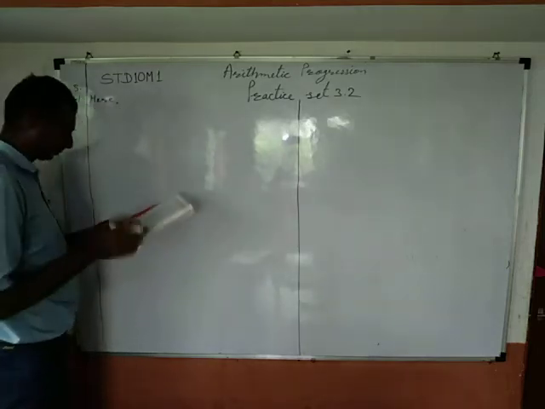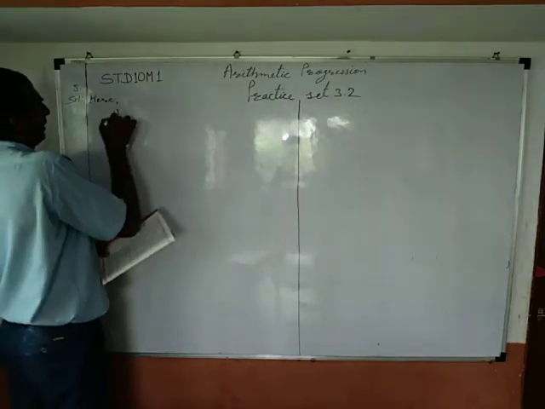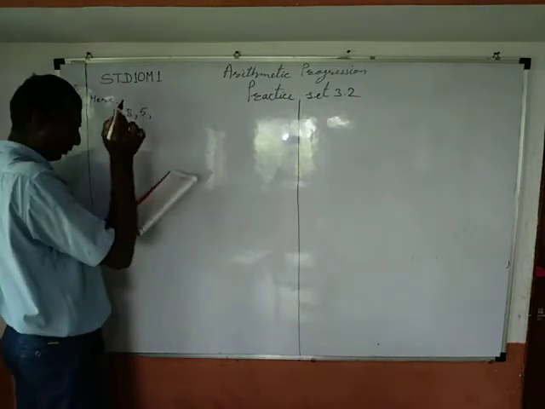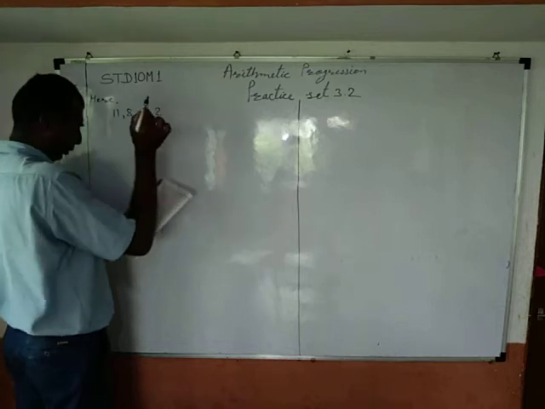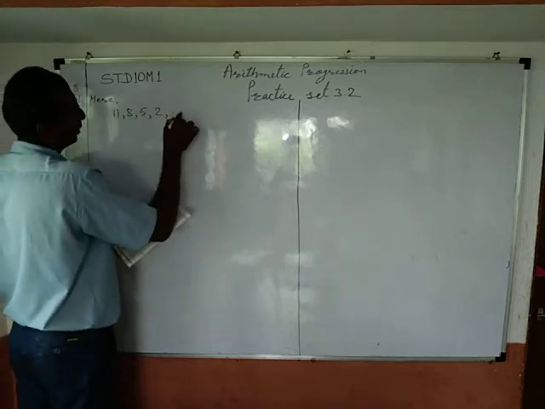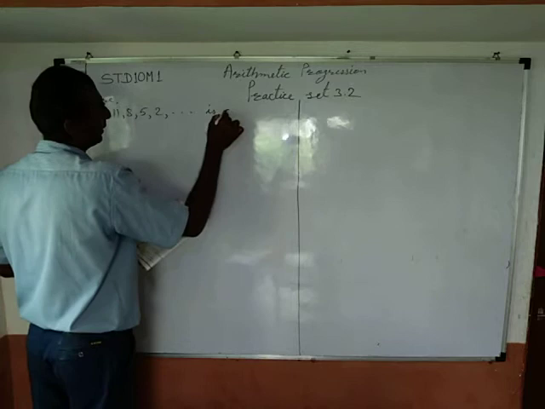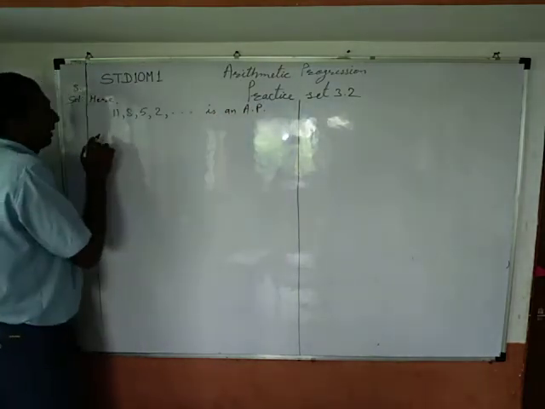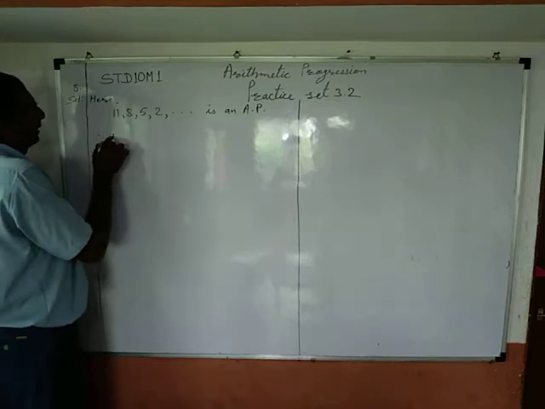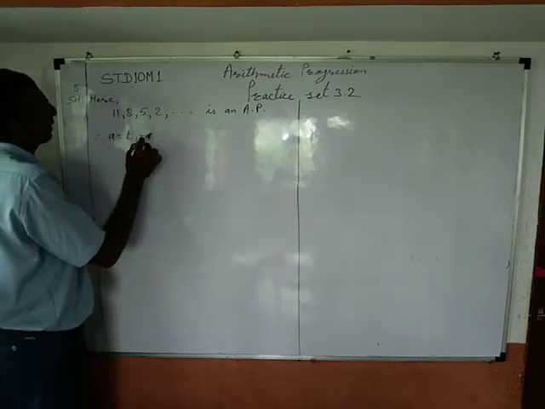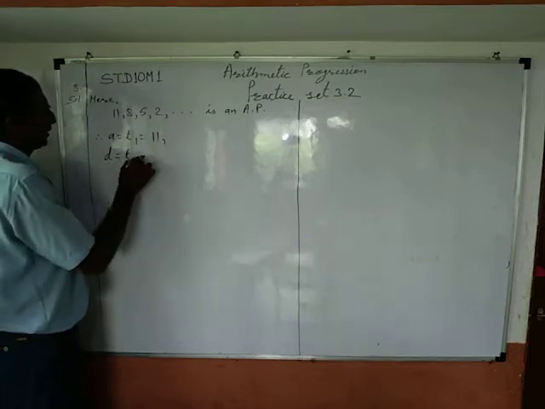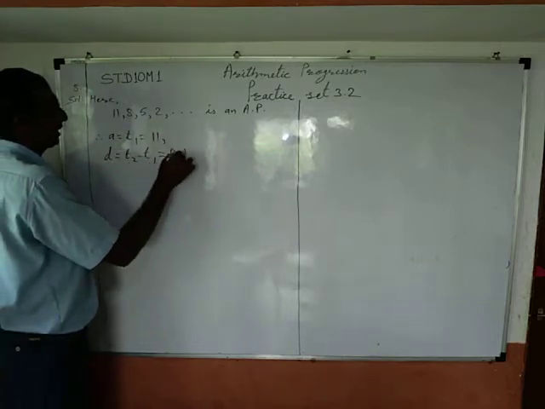Here 11, 8, 5, 2 and so on is an AP, and therefore A equals T1 equals 11,